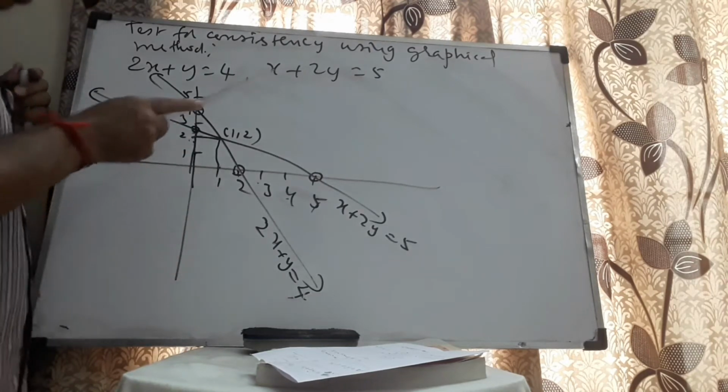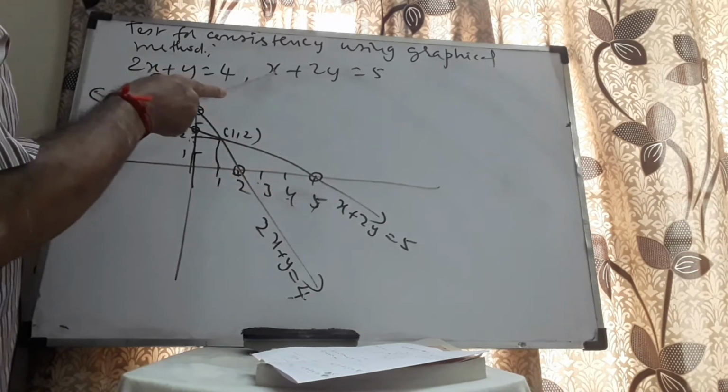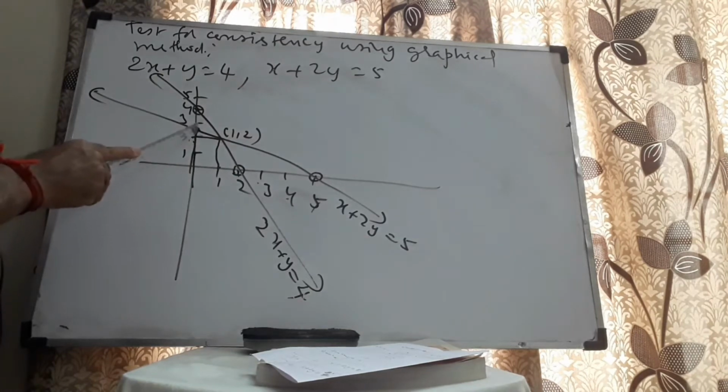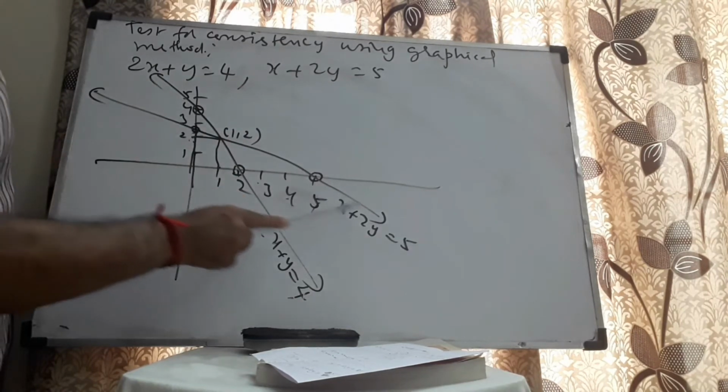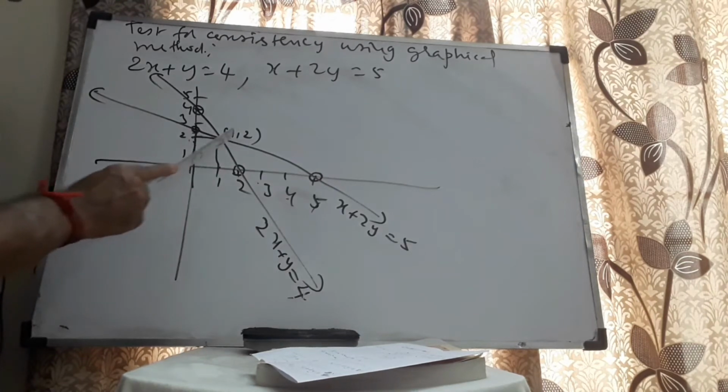Write the equation. Then here put y is equal to 0, x is 5, also through 5, 0. Put x equal to 0, y is anyway 5 by 2, which is 2.5. It's exactly the middle point in between 2 and 3. Join these 2 points. x plus 2y is equal to 5. They both intersect at the point, let us say 1, 2.